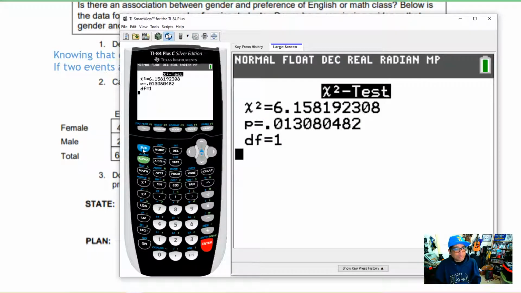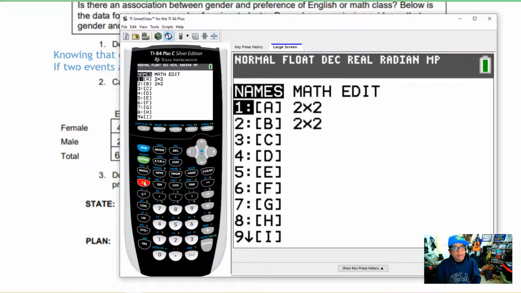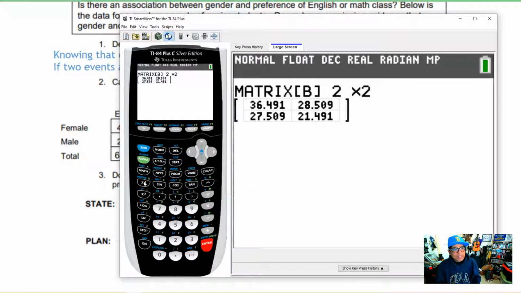So now we're going to go to the second matrix menu again, and we're going to go to edit. And now we're going to edit matrix B, and that's going to give us a nice look at the expected matrix. So that's the quick way on your calculator of finding all the expected values. Of course, you can always be asked about finding the expected value for a particular cell in the matrix. So you still need to know the formula for how to calculate expected values. But in some cases, it's best to do this quickly. So here are our expected values.